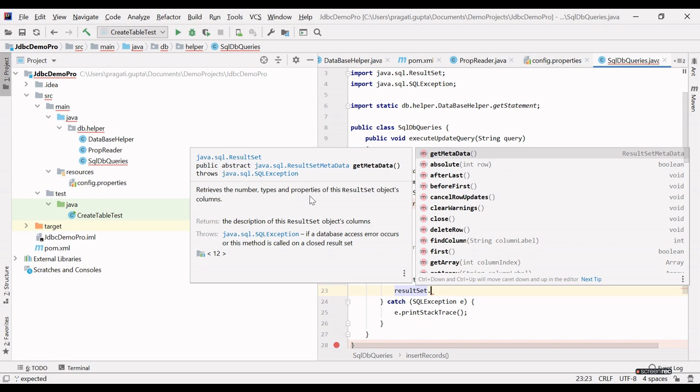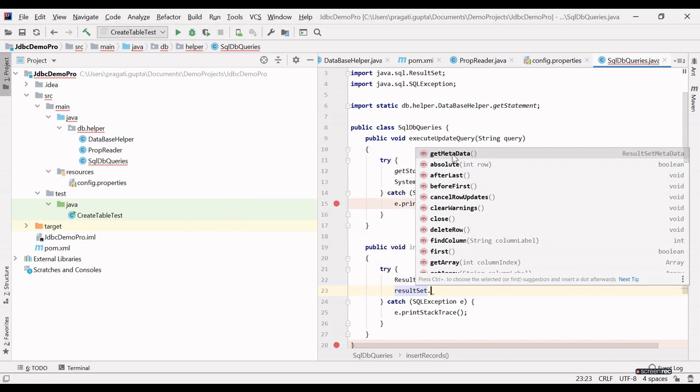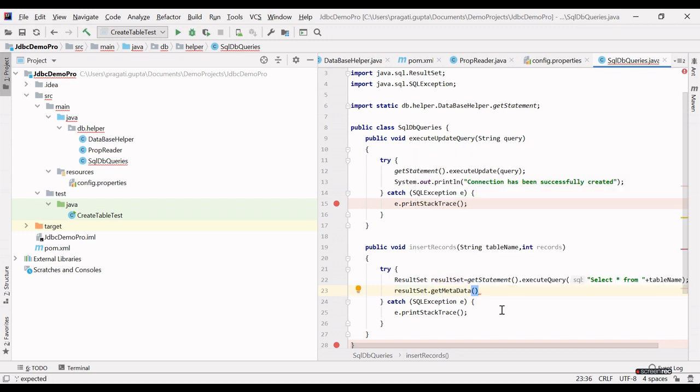Retrieve the number of types and properties of a result set's objects and columns, right? So guys, get metadata method will give you the information about the columns for a particular table. And the return type is result set metadata.